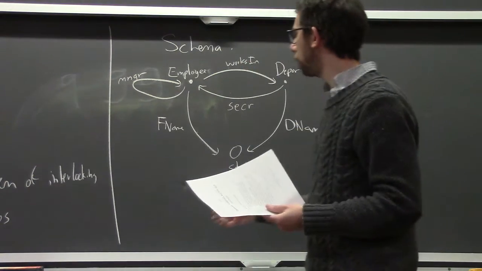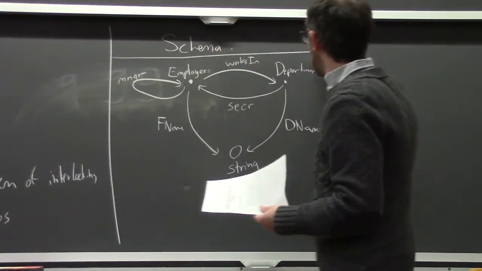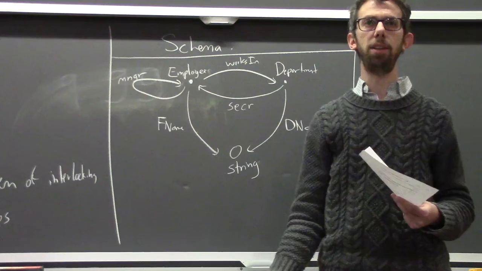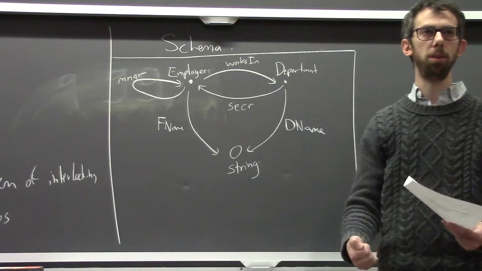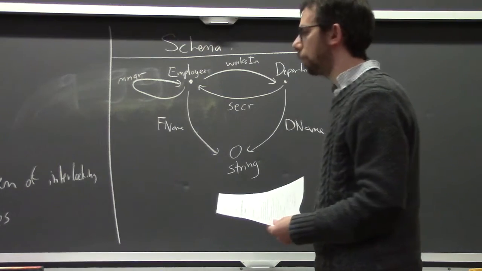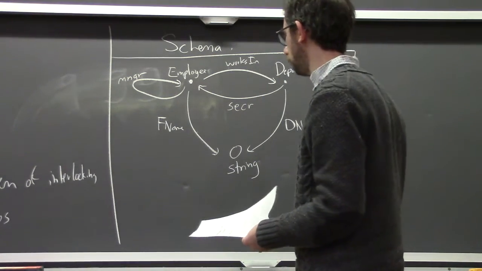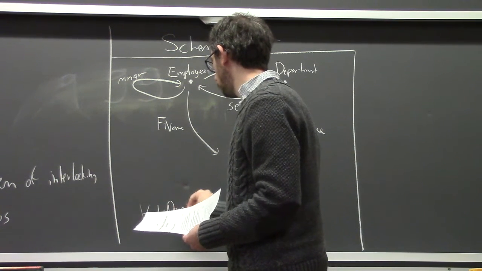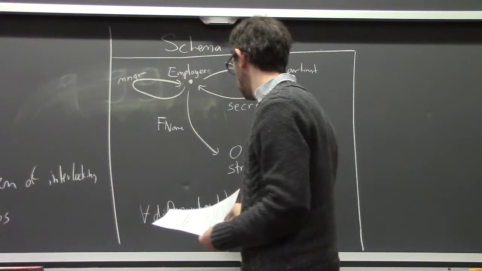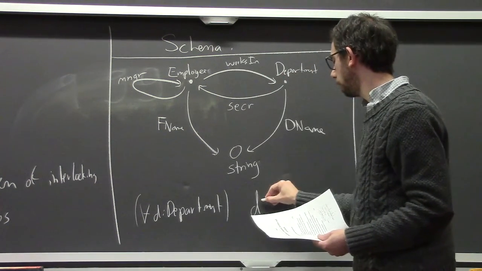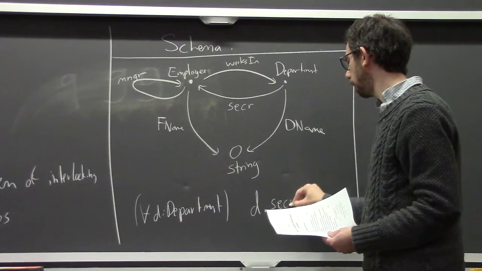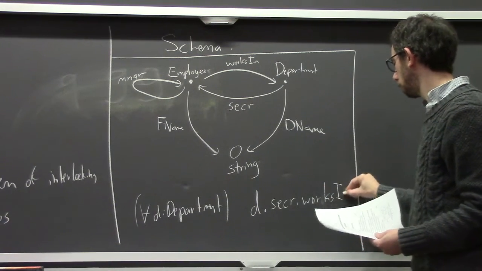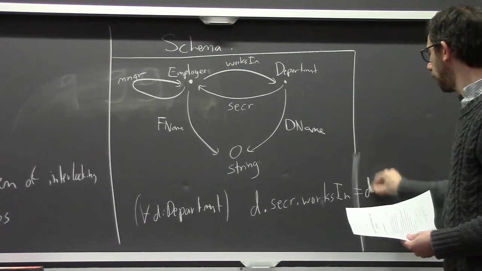Okay, and I could also, by the way, add to this schema a business rule or an integrity constraint that ensures that the way people enter data into this is not contrary to the way I want them to as the designer. So it'll throw a flag if I make a mistake, so that's useful. So I might know, for example, that for all D of type department, it's the case that D dot secretary, the secretary of that department, works in that department.